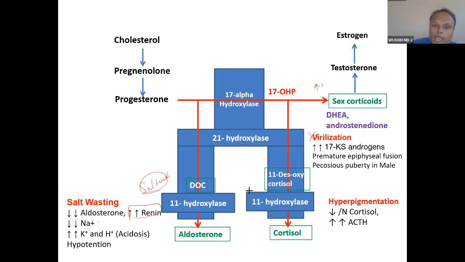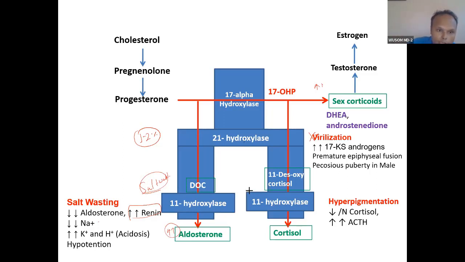But normally this is not completely absent. 1 to 2% activity is there, and only 1 to 2% activity is sufficient for the formation of aldosterone. So the aldosterone required for our body will be sufficient. The adrenal will become hyperplastic, the adrenal mass will increase, and the more adrenal mass will compensate for the aldosterone.